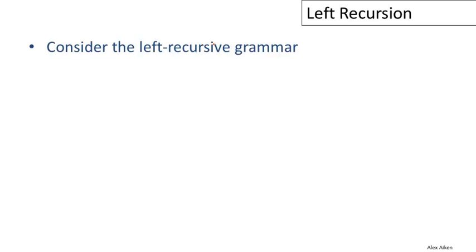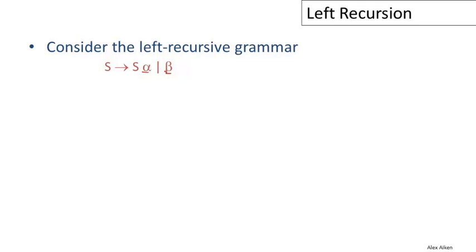Well, this seems like a major problem with recursive descent parsing. And it is a problem, but as we'll see shortly, it's really not so major. So let's consider a left recursive grammar of a slightly more general form. Here we have two productions now for S. S goes to S followed by something, alpha,